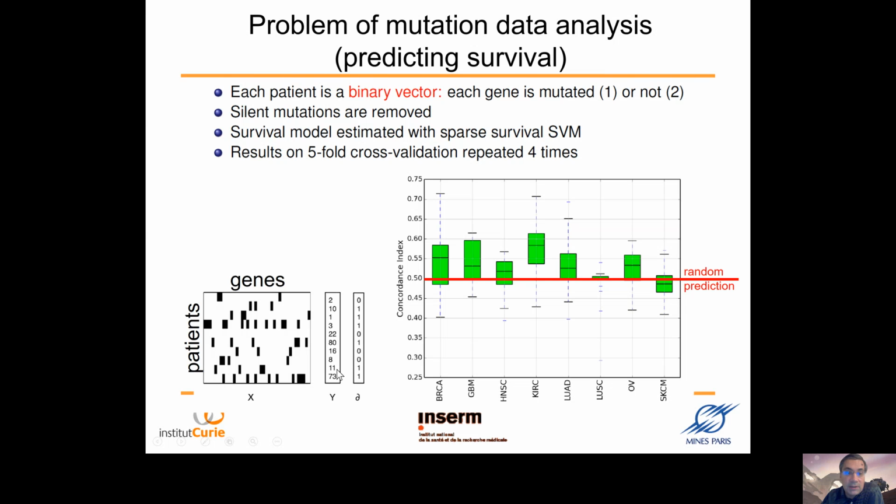So the purpose of the analysis of this information is to predict the survival of the patients, which can be recapitulated in the so-called concordance index. For each pair of patients, for example patient A and B, we predict which patient survives longer, and for each pair we see if our prediction is correct or not. Then we can recapitulate all pairs of patients